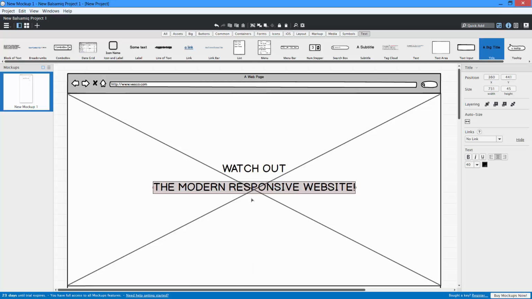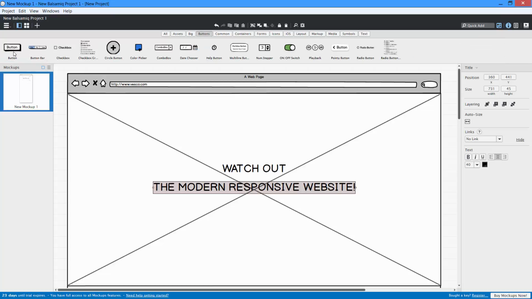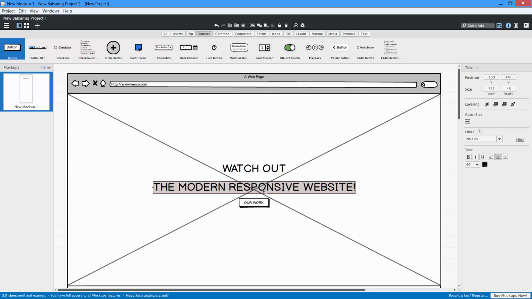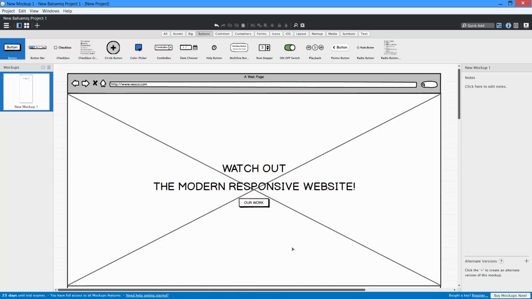Next, I need to add a button after these headings, and to add a button, I will navigate to the button section and select this button element. I'll change the text for this button element. So this is how the home section is going to look.